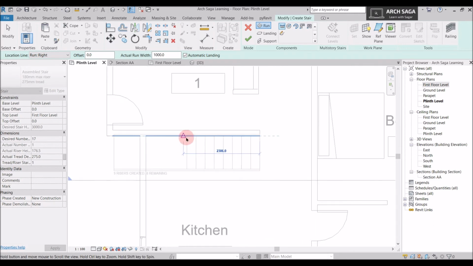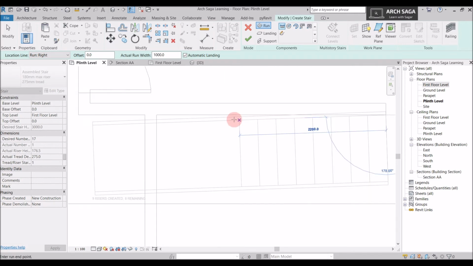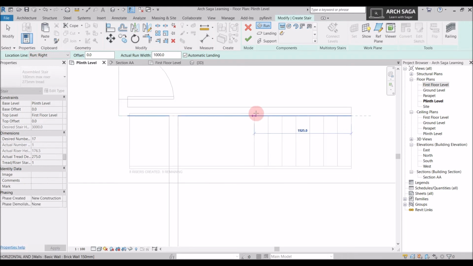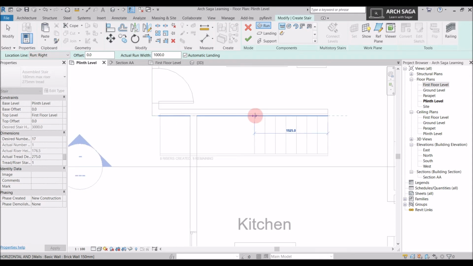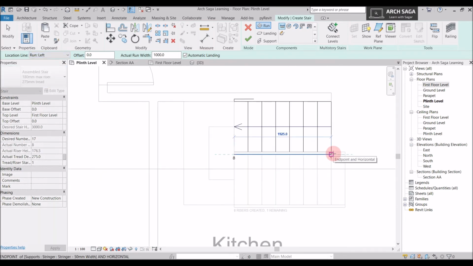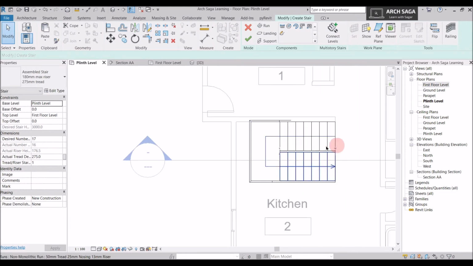So when I was drawing, I can see some riser numbers here. In the bottom of the staircase you can see 8 risers created and 9 are remaining. So let's say I want 8 risers on this side. I'll just say yes. A 9 riser on this side. I'll select left and say I want these many risers on this side. So yes, my staircase is drawn.